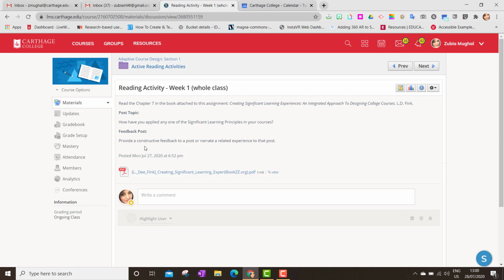Feedback posts provide constructive feedback for a post or narrate a related experience to that post. So your student is supposed to post two things: a post and a feedback post. The criteria is provided. I would keep this very, very simple. I would not add any rubric. I want a lot of freedom, providing students with the freedom to create or write as much or as